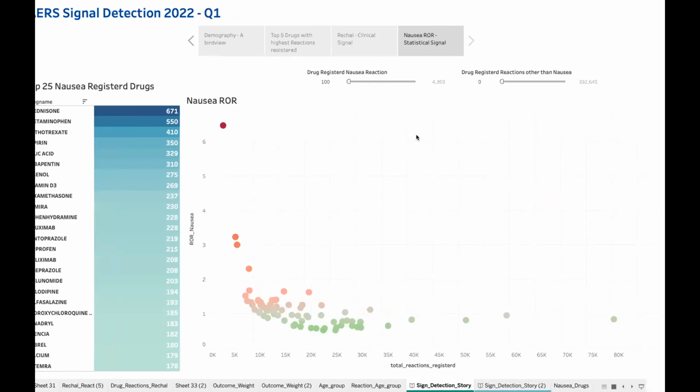Now we have actually embedded the same complete storyline and the dashboards in our own cloud-based CTMS and signal in our PV systems. For now, I have brought it into the CTMS system just for testing. We'll have the same dashboards and storylines in our PV systems too. Even in here, you can select particular drugs, and just like what we saw in the last dashboard, you can drill down here.